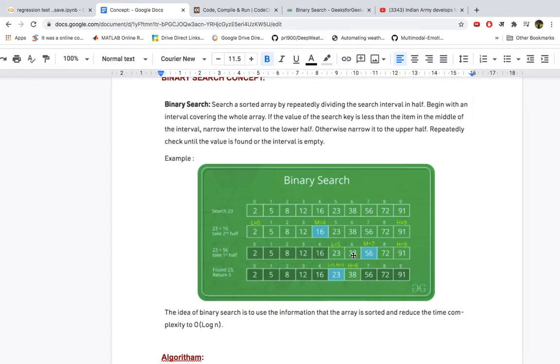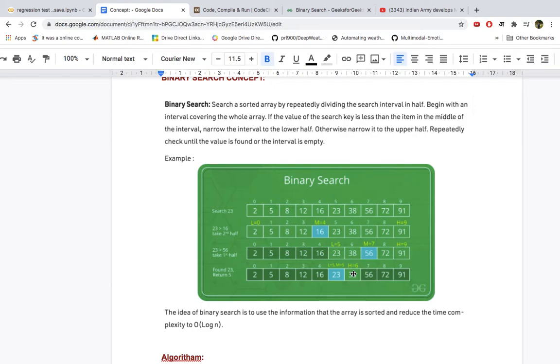Mid, again you know how to get the mid. So is 23 greater than 56? No, not at all. Since 56 is greater, all elements ahead of 56 will be greater, so this part is not required. For removing that, we set this high as mid minus 1, that is 6. So these both are now the required elements. We segregate the unrequired part, and in the rest we find the element.